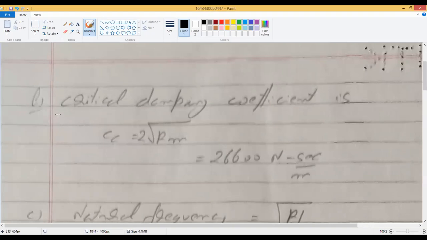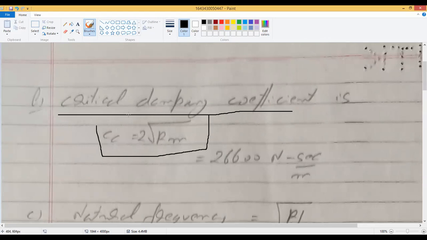Now, since the damping happens to be critically damped, this is one of the formulas which relates the properties of the system to the critical damping. This is one particular equation which we have already derived in the theoretical classes. And when you substitute the value of stiffness K and mass M into this formula, the actual amount of critical damping comes out to be something like